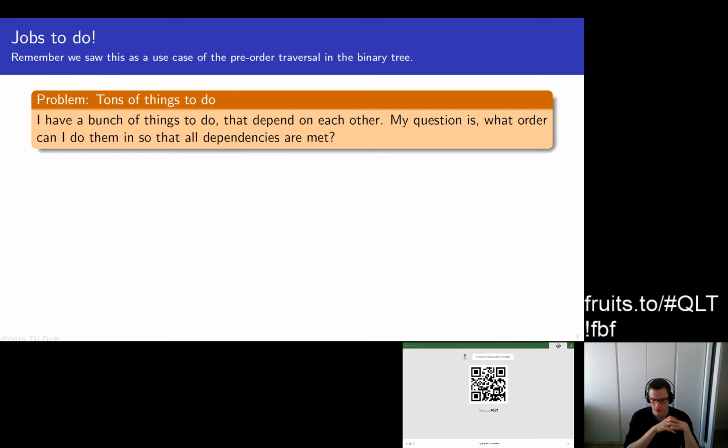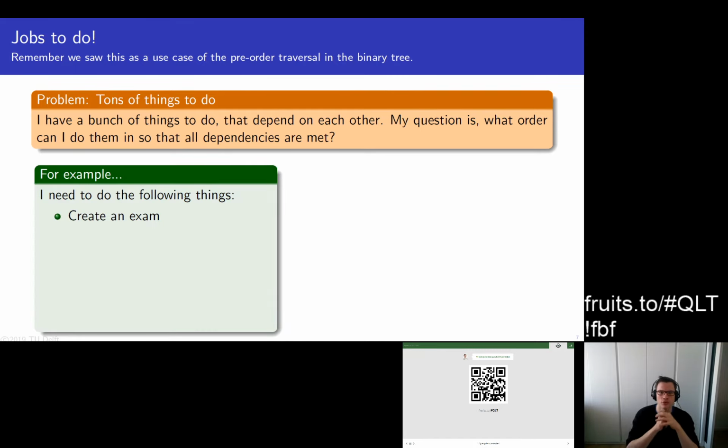However, of course, it doesn't have to be the case that all of these dependencies form a nice tree-like structure. They could also form a graph instead of a tree, because one job might have multiple dependencies coming in and might indeed be a dependency for multiple other jobs. So in that case, we need not a tree but a graph, and we need a special traversal of this graph.